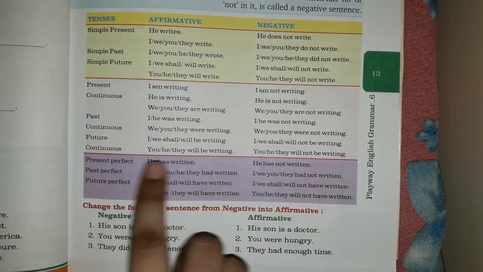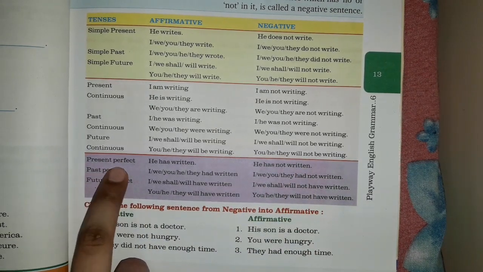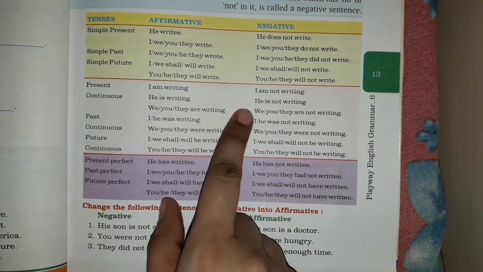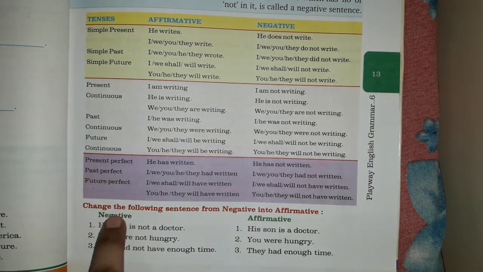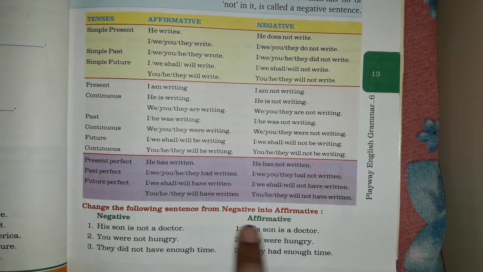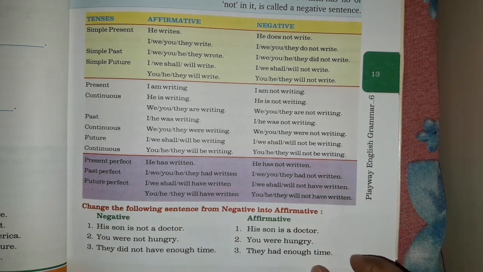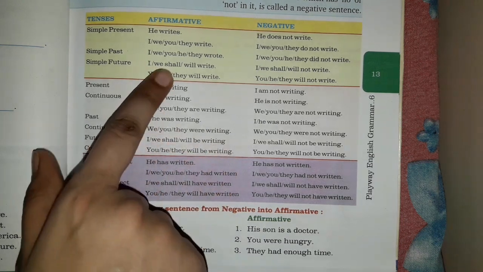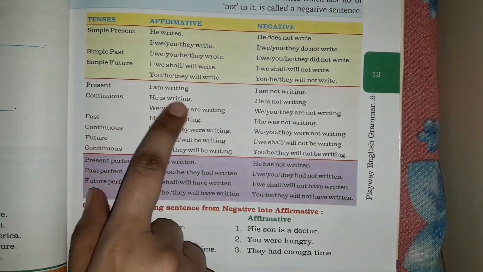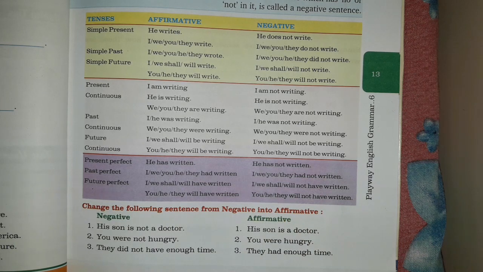Now present perfect, he has written, he has not written. Now what happened when we write the perfect form? In continuous I told you what is used? ing. In perfect what is used? The past participle of the verb. For example, write, wrote, written. Eat, ate, eaten. So these en forms are called the past participle of the various verbs. So what happened? Now we change the form of the verbs. Here it was continuous, and in perfect we write the en form. For example, drive, drove and driven. So let's see the examples.